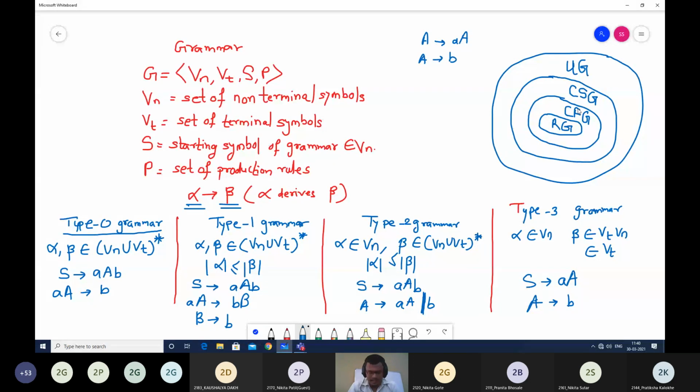So this is how the hierarchy looks. All regular languages are context free languages, but all context free languages are not regular. Same is the case with grammar also. All regular grammars could be treated as context free grammars, but all context-free grammars cannot be treated as regular grammar. And the hierarchy continues for the next entities also. Like all context-free grammars are context-sensitive grammars, but all context-sensitive grammars are not context-free grammars, and so on. So this diagram shows us the relationship between the 4 types of grammar and their corresponding 4 types of languages. Is it clear, students? Any doubts?